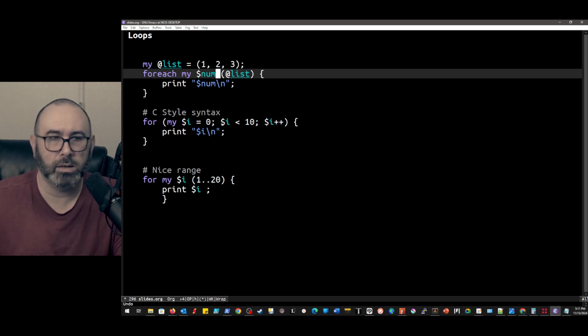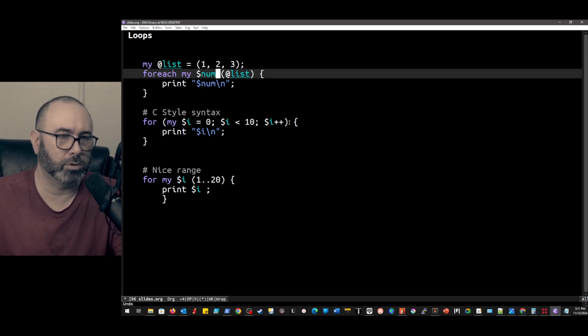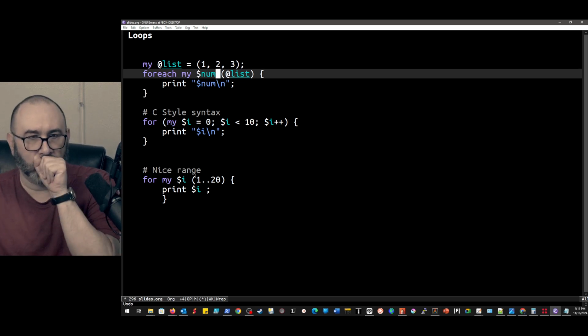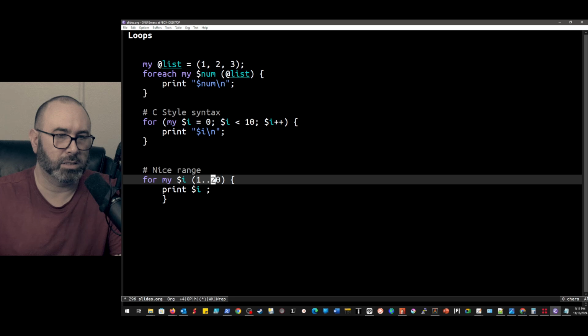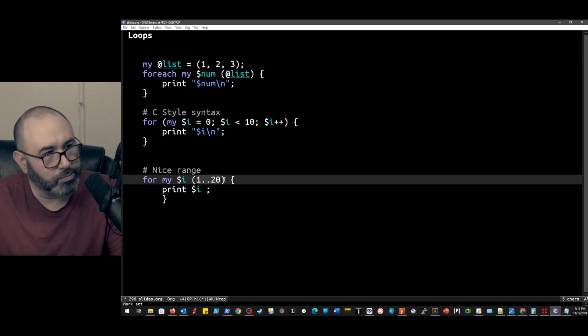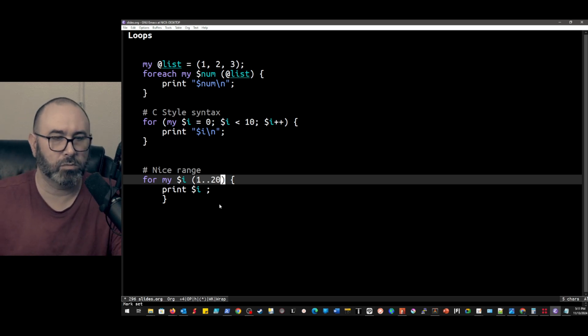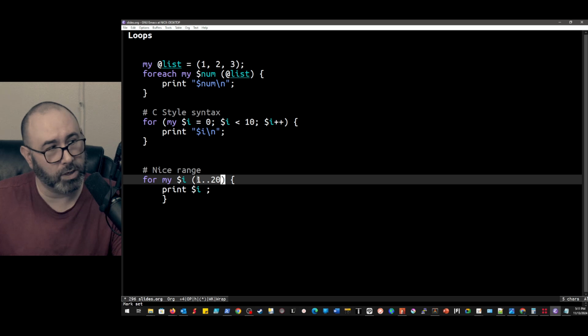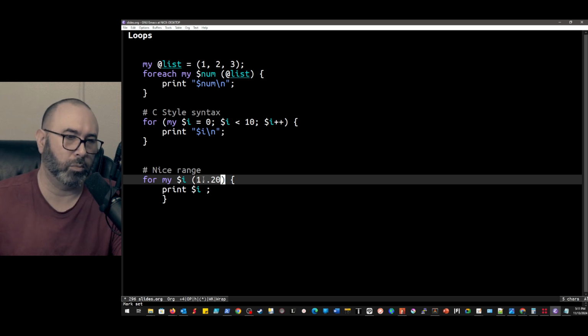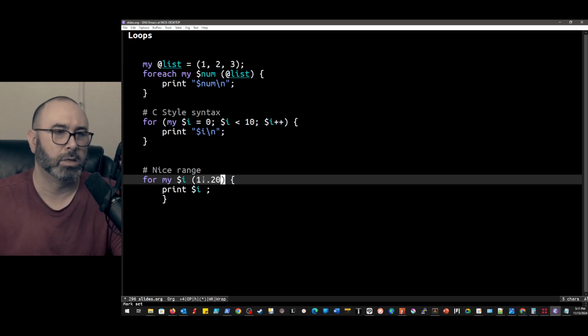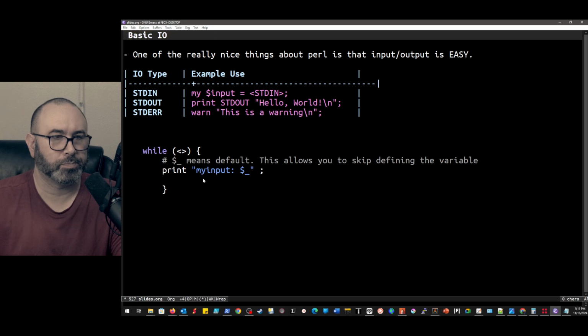So for my $i = 0; $i < 10; $i++, or $i--, whatever direction you're iterating, print $i. We can also do things like this, 1..20, and that'll give us a range. And there's a whole bunch of ranges that we could use. We could use alphabetical ranges. Going to be good to go.